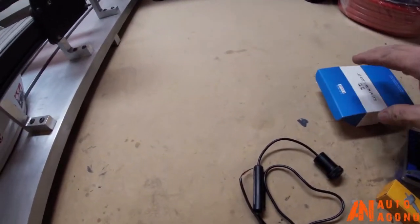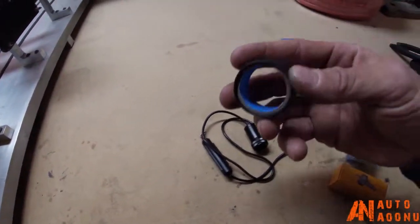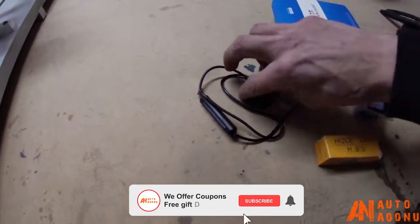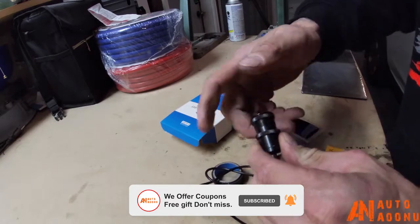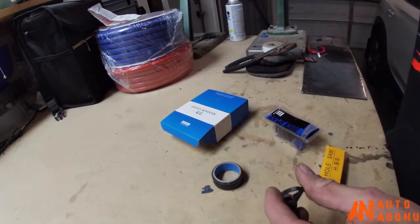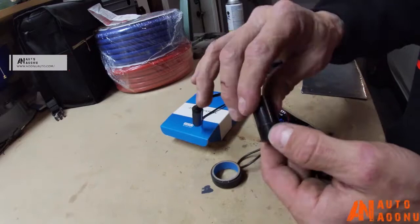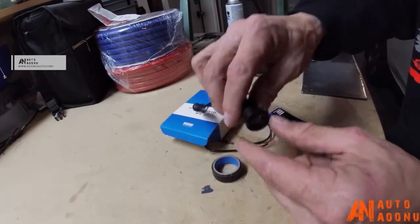In this package, it gives you everything you need. The 2 lights, electrical tape. He even gives you the hole saw to drill out the bottom of the door. Basically, you just unscrew this. You got 2 lock nuts, to prevent it from spinning over time or anything. Double lock it. You'll take your hole saw, drill out the bottom of the door where you want it, stick